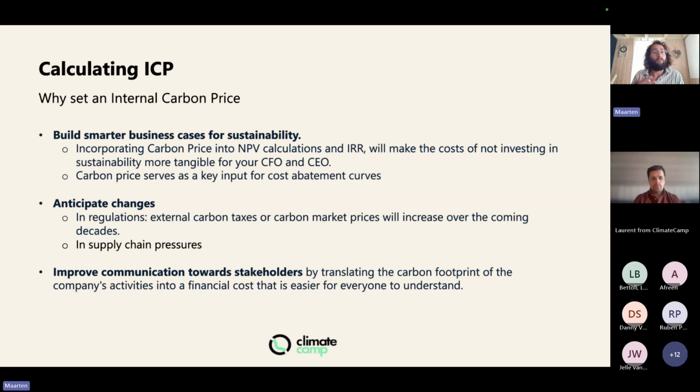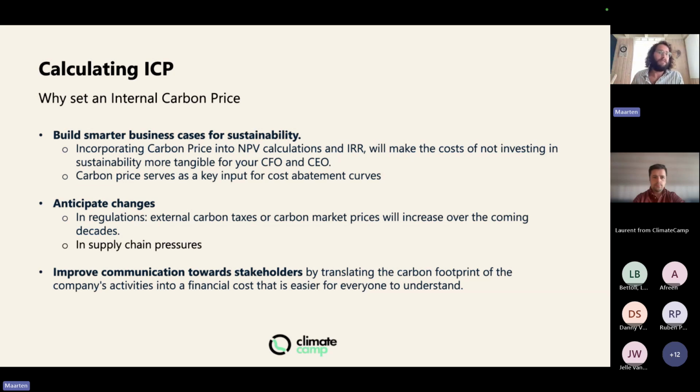The second one is carbon price serves as a key input for cost abatement curves. So what are cost abatement curves? It shows the costs of certain sustainability investments, and it will show how much CO2 can be reduced with a certain initiative, as well as what the cost for the organization is. Certain cost savings will make the price negative on a cost abatement curve. Others will be above 50 or 100 euros for certain projects, which do not generate cost savings or direct